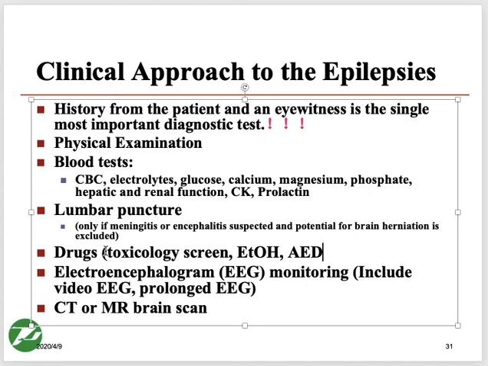Of course, for a first diagnosis we have to rule out all the things which can be a cause of a provoked seizure. So we go for different investigations. We go for blood tests, we can do a lumbar puncture if we suspect meningitis or encephalitis. We can do a toxicology screen. We for sure will go for imaging like CT scan and MRI, because tumors, trauma, even stroke can be caught on that, and we will go for EEG.